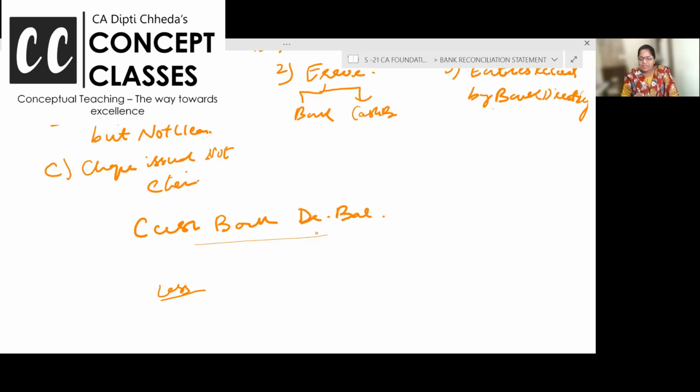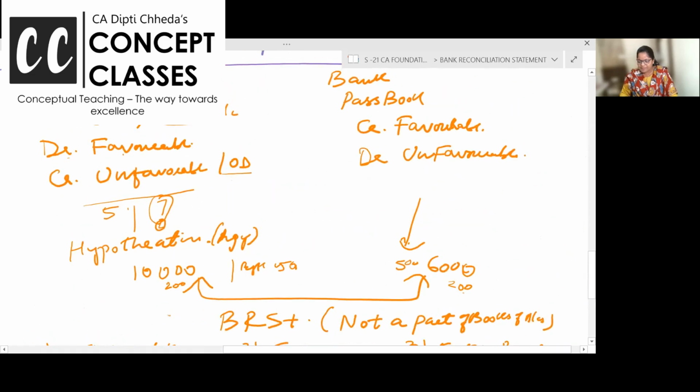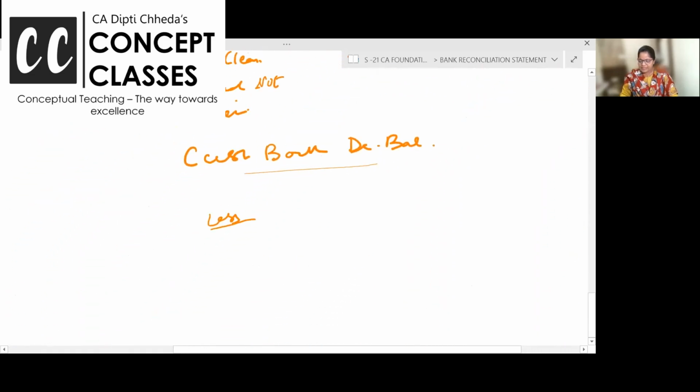I have given enough number of problems so that you practice and you make it very perfect. I hope I have done a good base-level revision and things are clear. Still, if any doubt is there, ask me. And one thing, we have solved two problems in the last class. So if in the cash book,